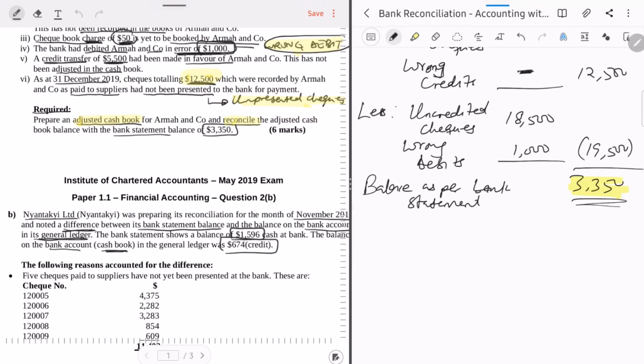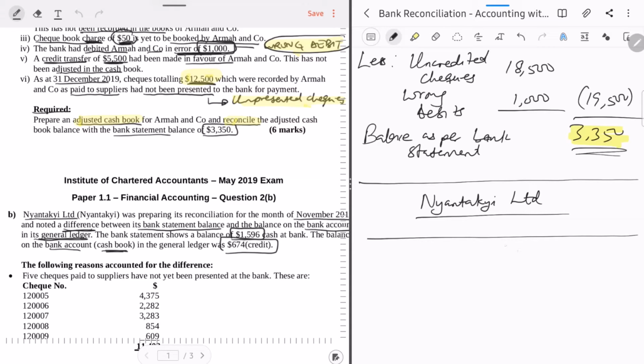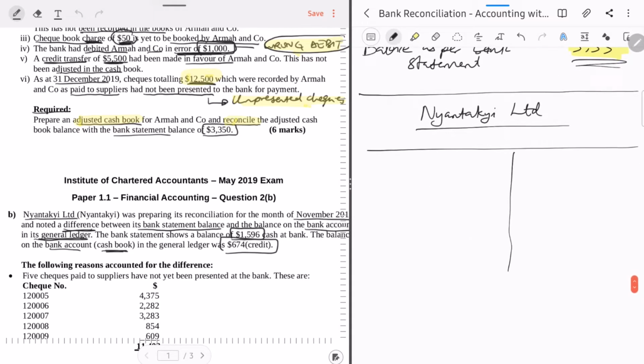So there's the second question we are doing. Let's open. Okay, it's standard best practice to always write the name of the company. So please do it. Nyantechi Limited. And please, it's also standard best practice to always write the currency. Right, the first one I didn't do it because we were just trying to get the principal. So let's write the currency as well, in dollars. All right, so this is our